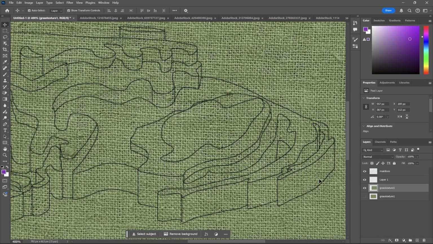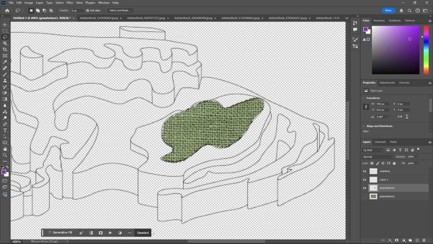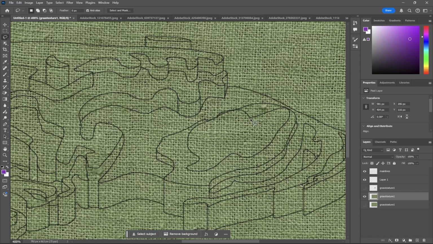If you're getting started off in Photoshop, I'm going to show you a few different ways that you can select. The first thing I'm going to show you is using the lasso tool. Over here on the left hand side, you can select the lasso tool right here. If you right click on it, there are different options. The lasso tool allows you to use your mouse or whatever you're using to hold and drag and select what you want as if you're drawing it out. So I'm selecting this one little shape that I want to be green. Now if I hit delete, it's going to delete that part. But if I want just that and nothing else, I can hit select inverse, hit delete, and it deletes everything except that.